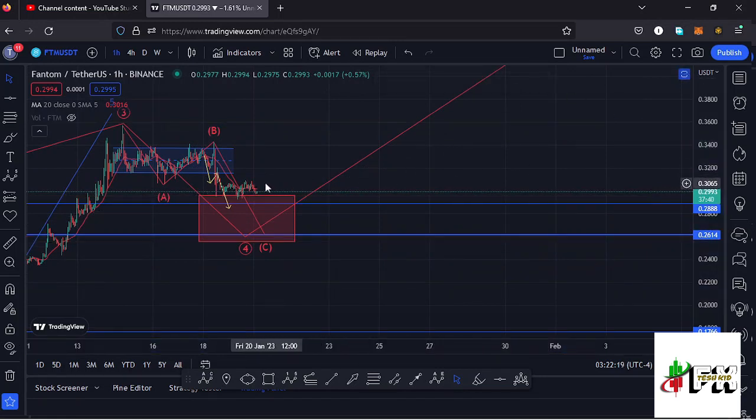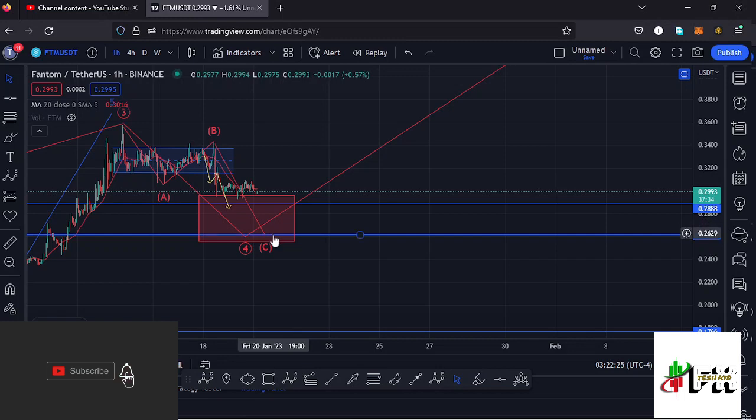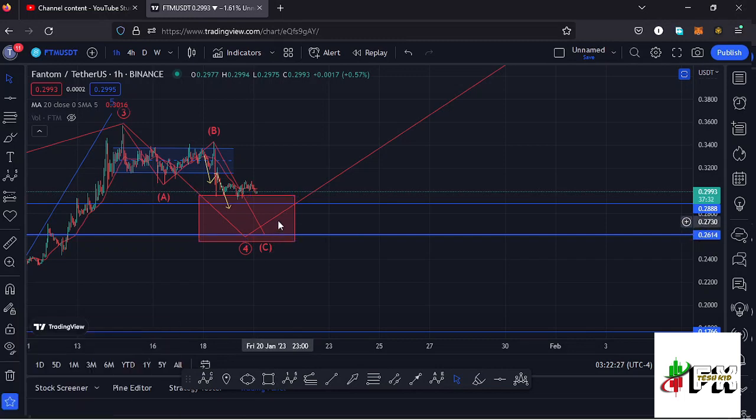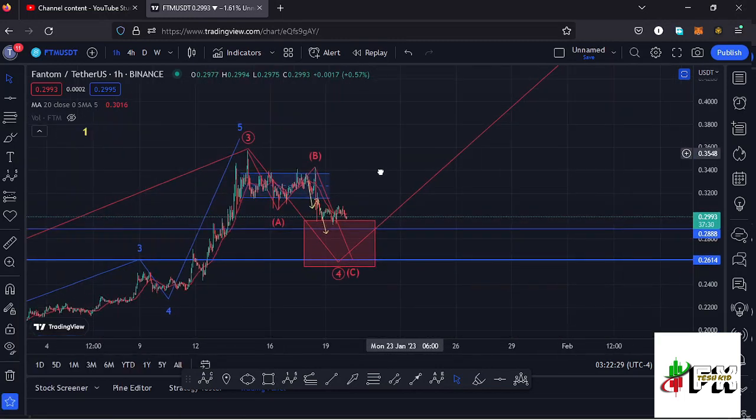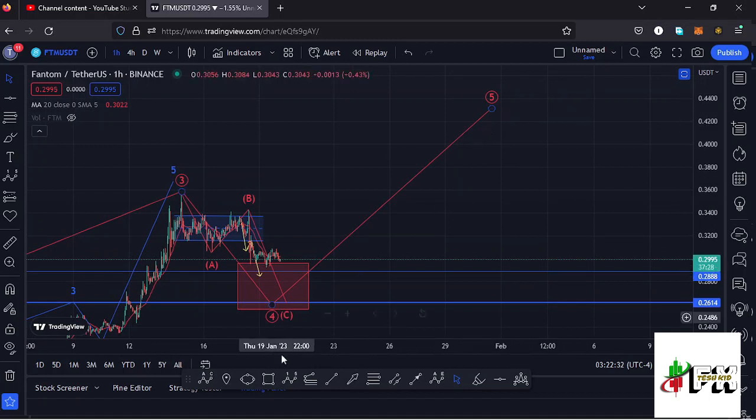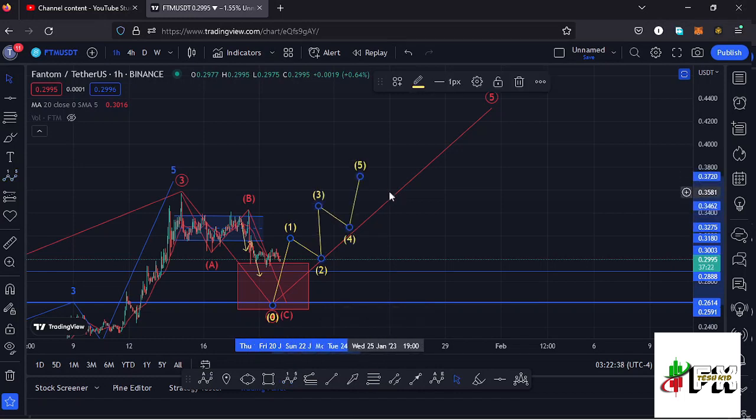But in case we lose that key area of support, then there are chances of fully maximizing this red target area that I have right in the formation of that wave 4, and from there we can expect another bounce to the upside in the formation of this wave 5, which is an impulsive wave. And because of its impulsive nature, I will also expect to see fractal waves in formation within that wave 5